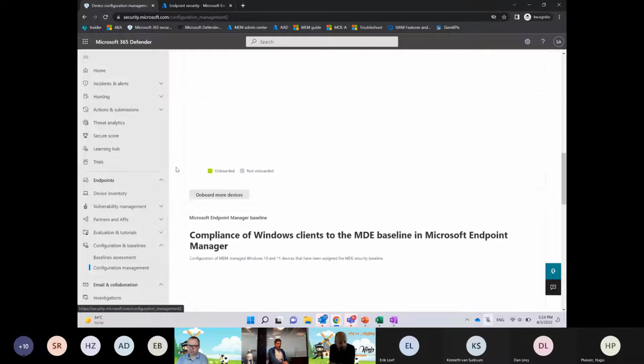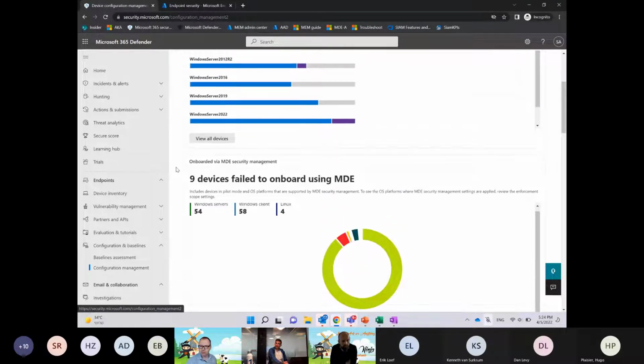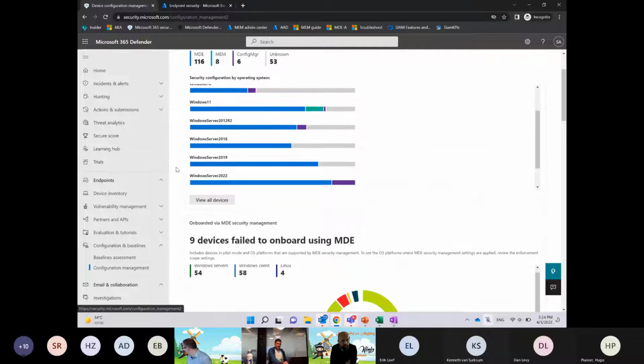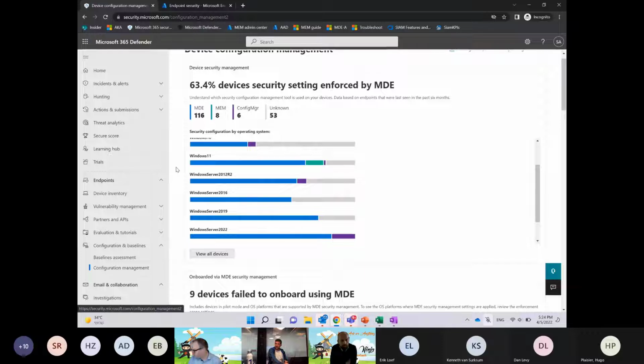But you also have this for a compliance perspective. And we're really trying to provide this visibility for security admins specifically inside the M365D portal. And as usual, if there is data that is available inside the MEM portal, the security admins can reach the MEM portal and get that information. Why am I saying this? Because right now we just put in the M365D portal a permission where